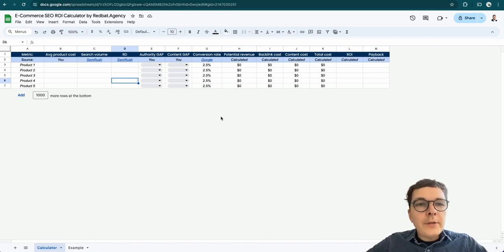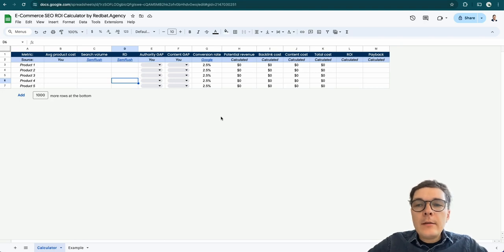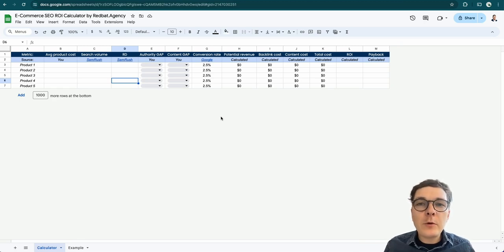Hey, so today I'm going to show you how to calculate the ROI of doing SEO for your own e-commerce store. And why you should be interested in this is for mainly two reasons. Number one is if you have an e-commerce store set up and you want to know how to get traffic to it,